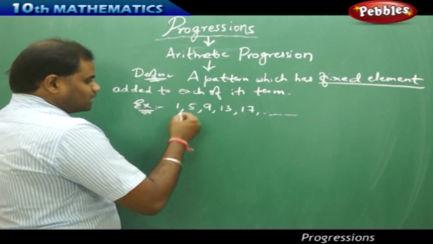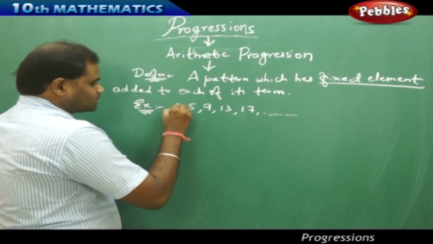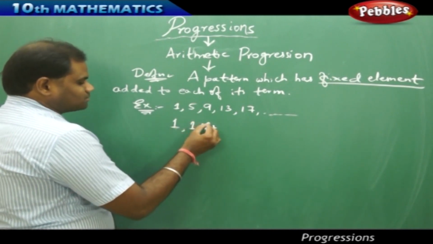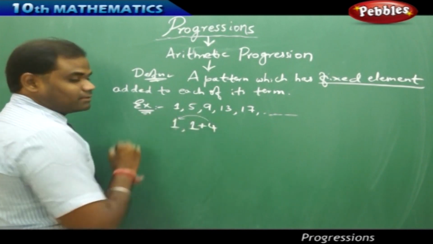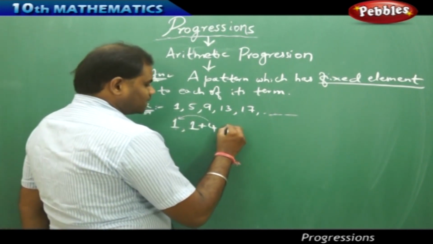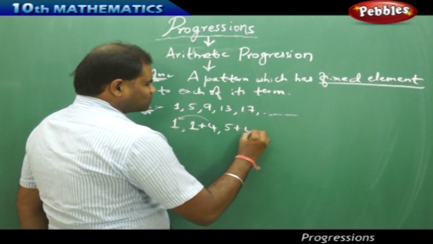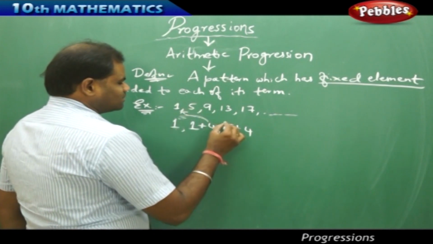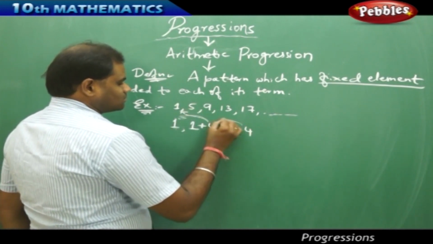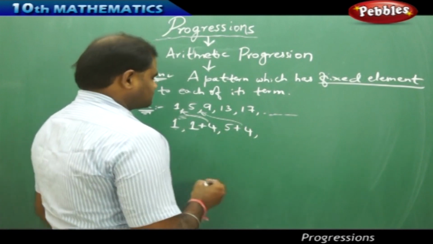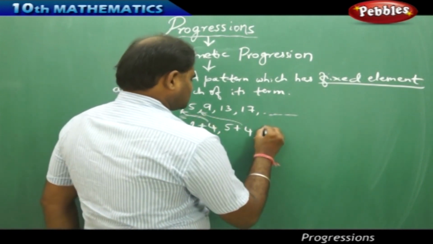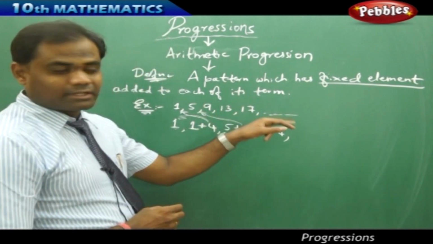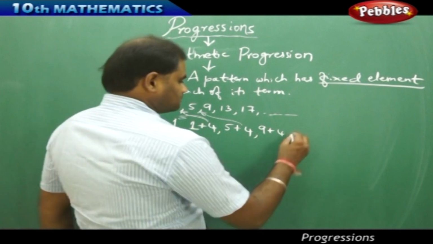Now as I see here, my first term is 1, but my second term is obtained by adding 4 to the previous term. Next, my 9 is obtained by adding 4 to the previous term, which is 5. So 9 plus 4 will give me 13, and 13 plus 4 will give me 17, and 17 plus 4 will give me